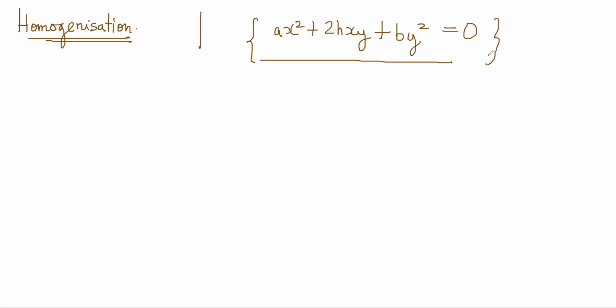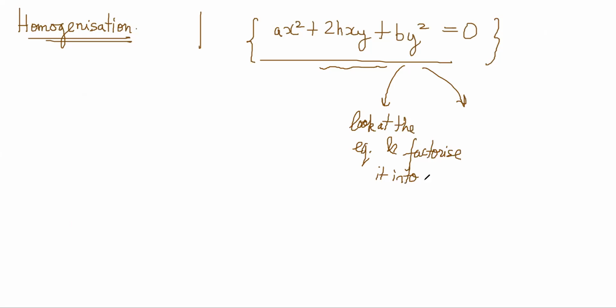And people are asking us, what is the pair of straight lines representing this? Anytime you are given a question where a 2-degree equation has been given and you are being asked what is the line pair, there are two fast ways to find the line equations. One way is to look at the equation and, if you're able to factorize it into linear parts, then you are done. Those are the line equations.